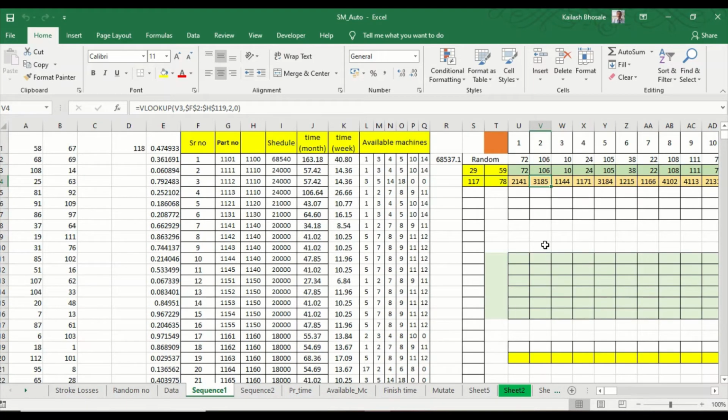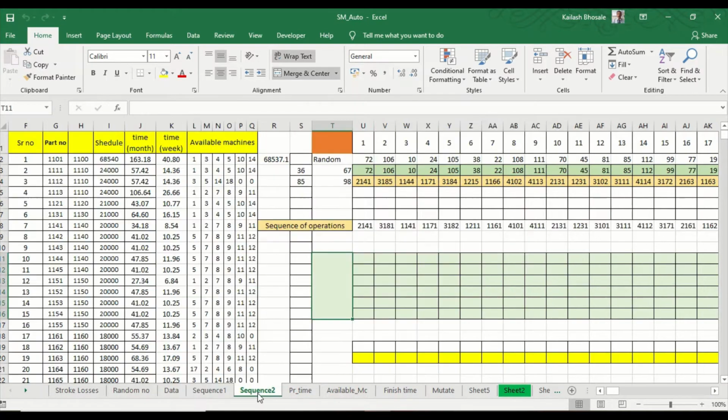So here we have to replace 3185 with the 3181 operation. Likewise, in the Y column, instead of 3184, the second operation will be 3182. So we have taken the proper sequence: first the 3181 operation, then the 3182 operation. Likewise we have arranged the sequence of operations.